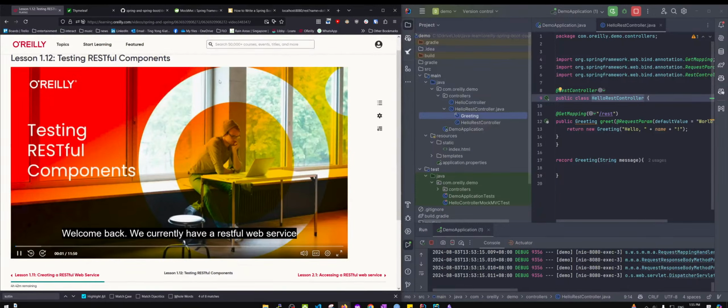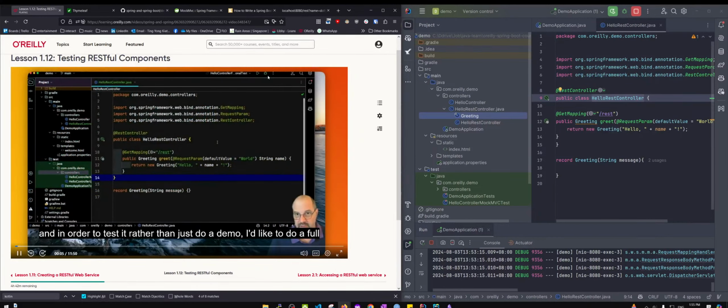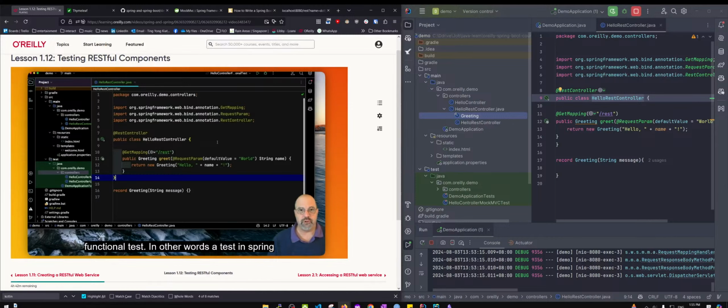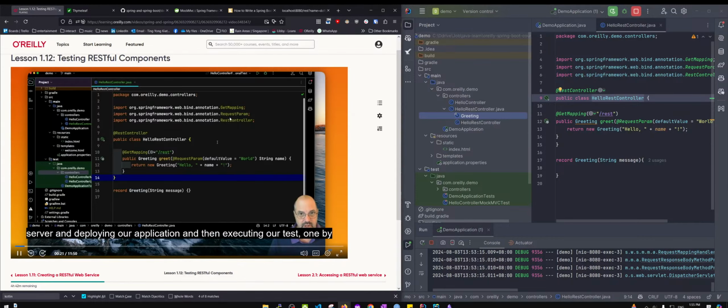Welcome back. We currently have a RESTful web service, and in order to test it, rather than just do a demo, I'd like to do a full functional test. In other words, a test in Spring with a running server. Now that might sound like a lot of work, setting up a server and deploying our application and then executing our